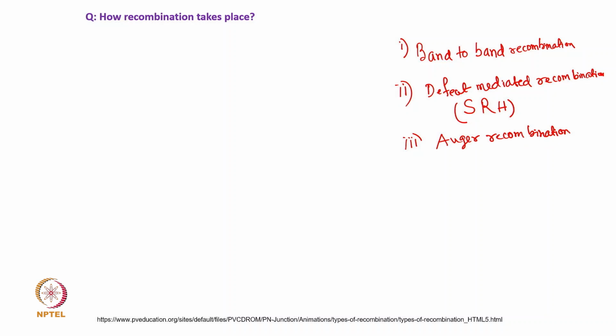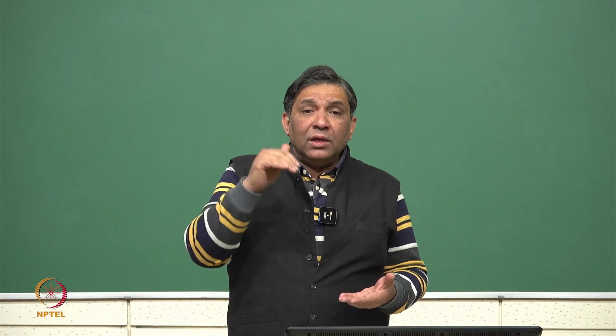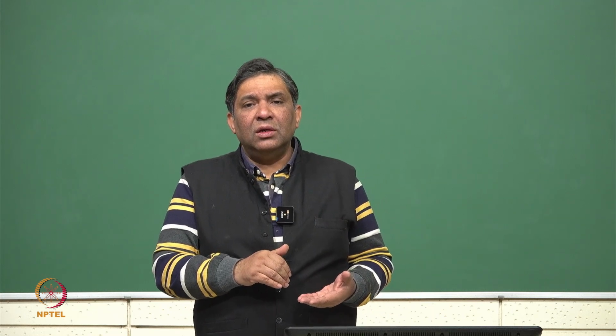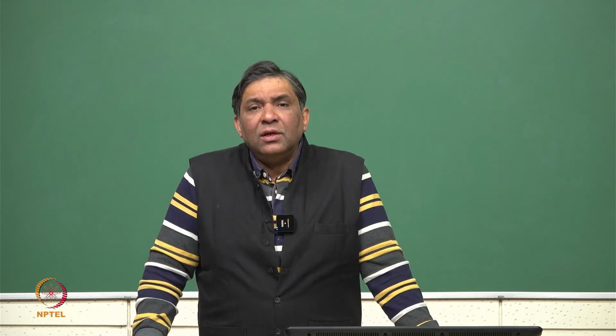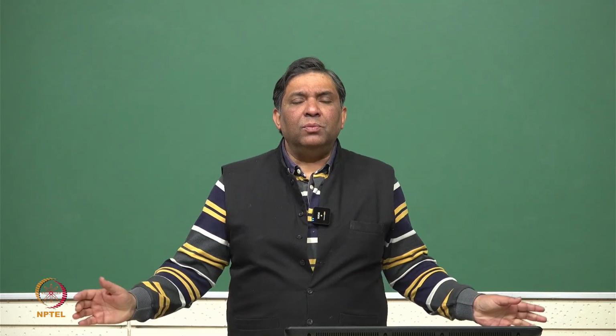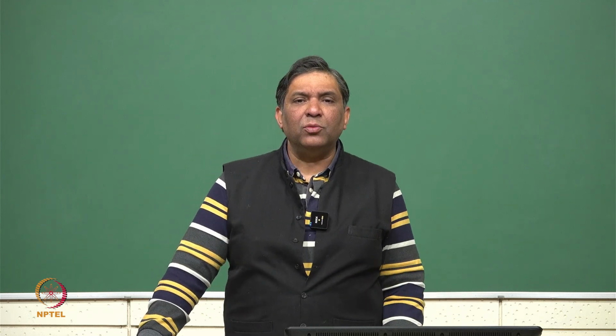Okay, so what happened in all these three types of recombination? When we shine light on a semiconductor, or on a solar cell where the semiconductor is used, an electron can jump from the valence band to the conduction band and then fall back to the valence band. So it will recombine and be lost. Some photons will be generated, and it will not be useful for the generation of solar energy. So this is one process, band to band recombination.